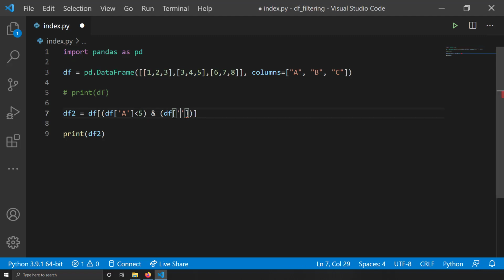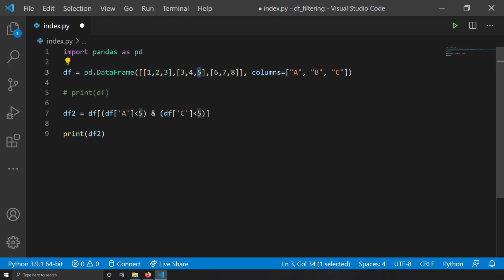This time what I'm telling is that df['A'] should be less than 5 and df['C'] should also be less than 5. So you can see what rows will qualify. The first row will qualify because df['A'] and df['C'] are less than 5. The second row will not qualify because df['C'] is not less than 5.